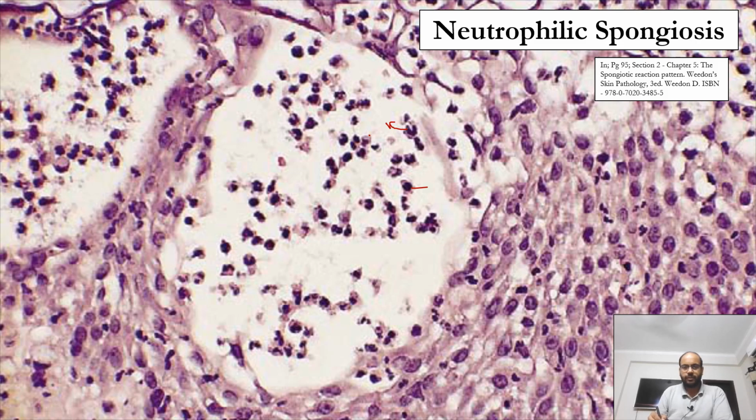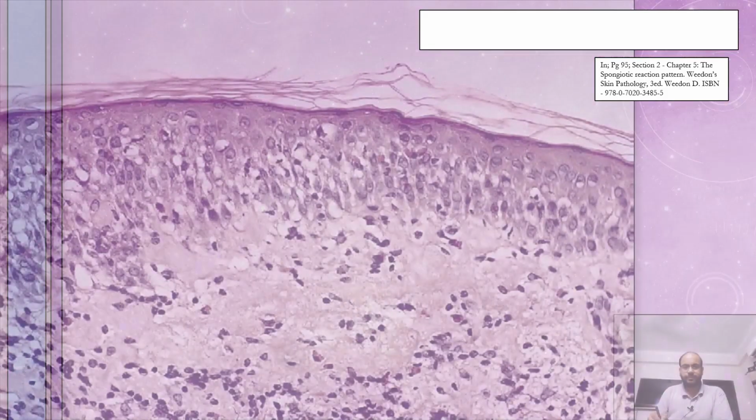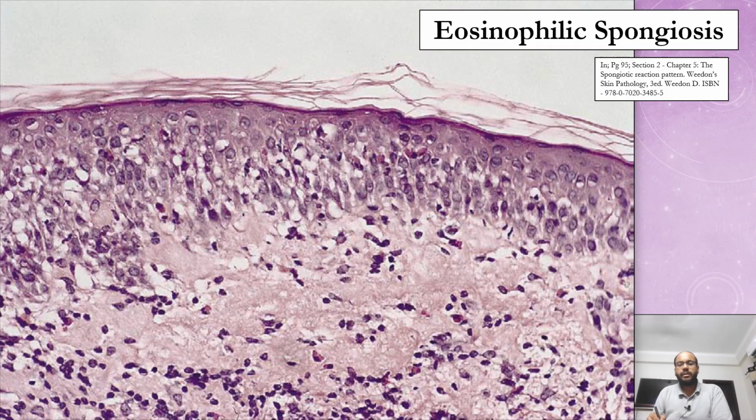Okay, let's move forward. Similarly, in this slide, you can see that in the spinous layer there are empty spaces in between, empty space here, empty space here, because it is spongiosis. But like neutrophils,